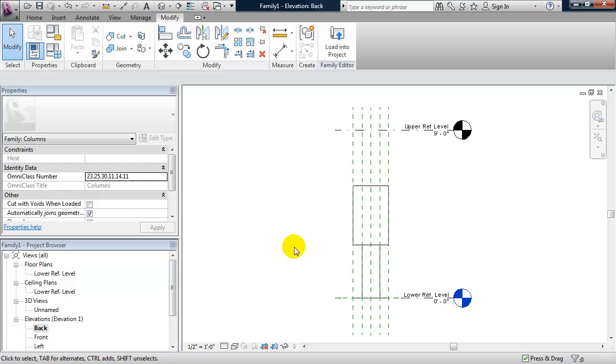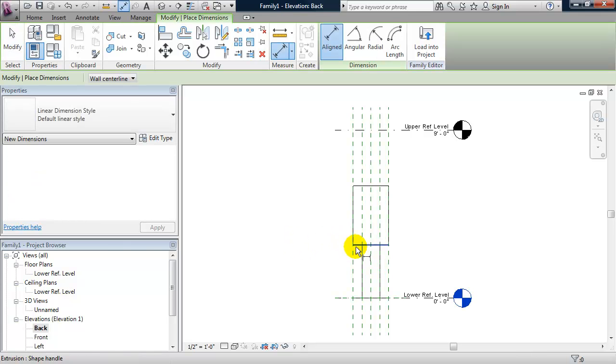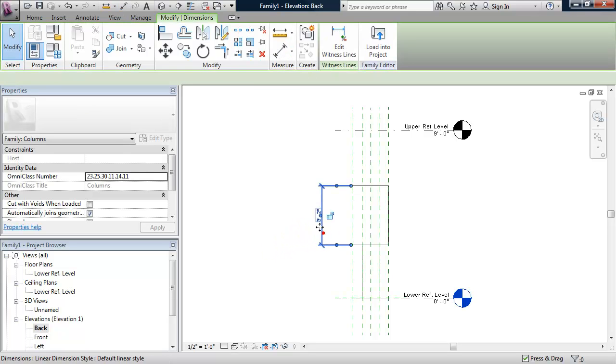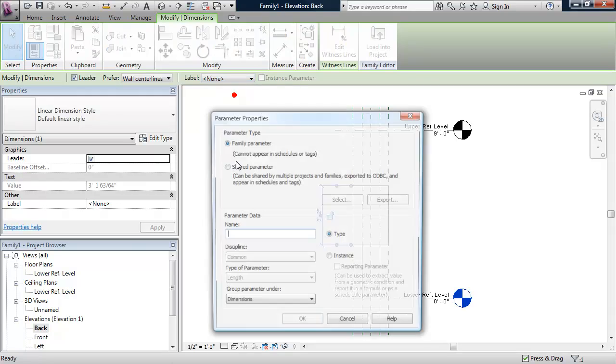Let's set some parameter formulas that control the heights. So again, shortcut DI. And now it's important that I'm dimensioning to the column, not to the reference lines or reference levels in this case. So I can call this one, if I hit escape a couple times, select it, I can label this one height,